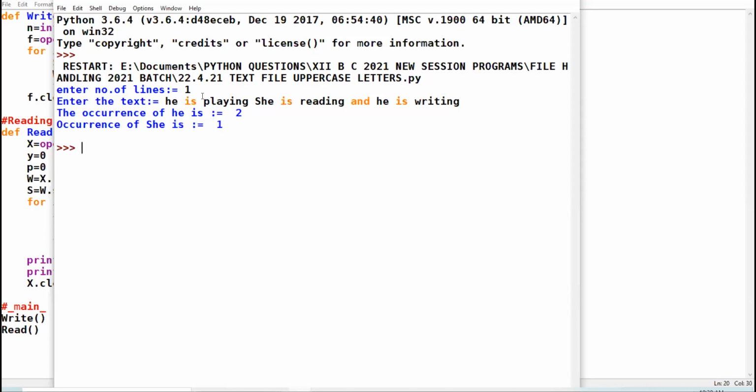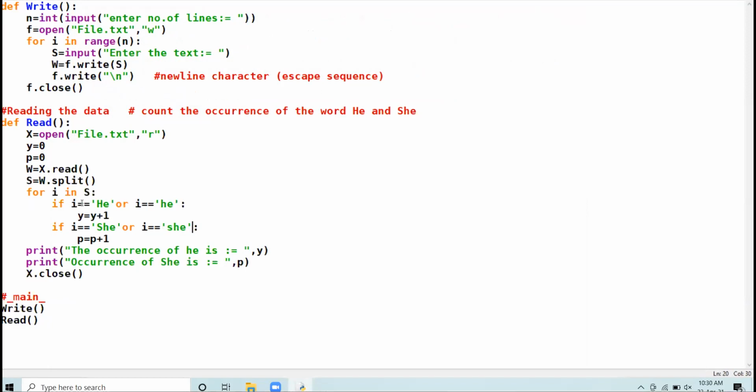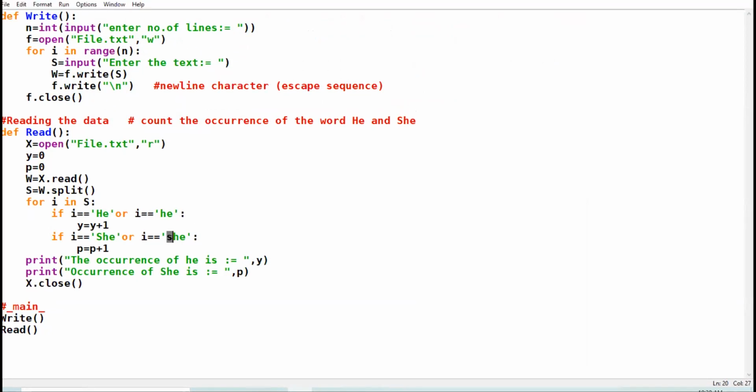Be very particular with the case, that what case you are checking. मैंने यहां पर दोनों केसेस लगा दिए हैं, अगर H कैपिटल में है, अगर H लोअर में है, S कैपिटल में है कि S लोअर में है. Accordingly you can check. Clear? Am I clear up till here, 12th?